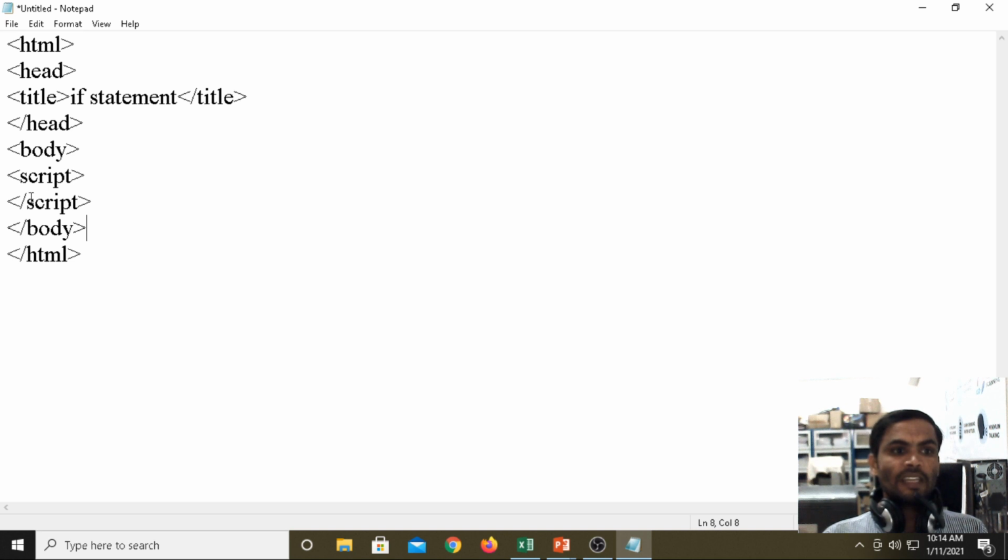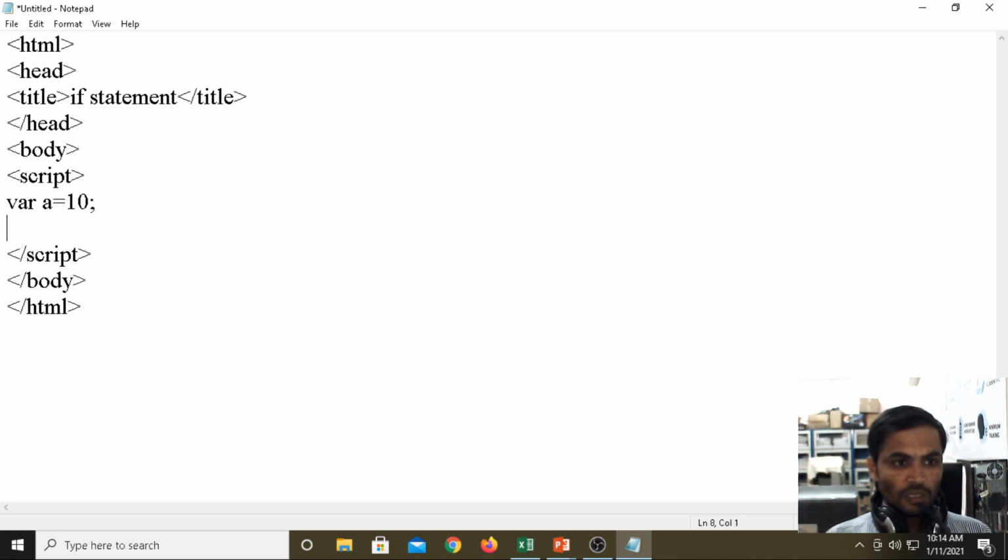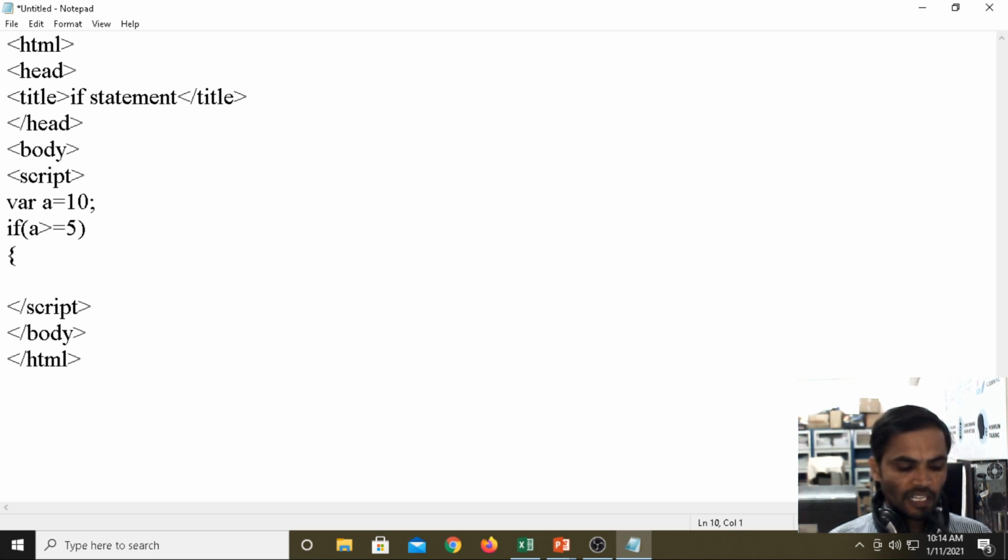Now inside the script tag, I am declaring the variable, a equals 10. Now, if we take the condition, if a is greater than or equal to 5, then we write the statement.